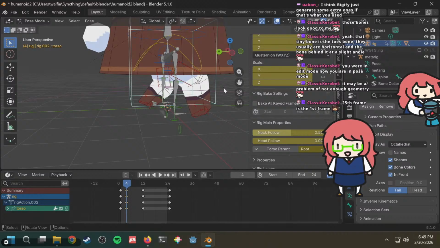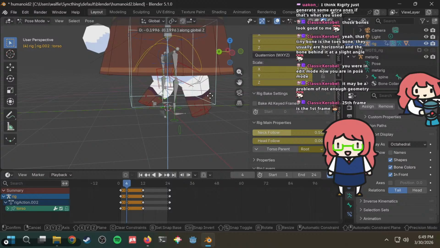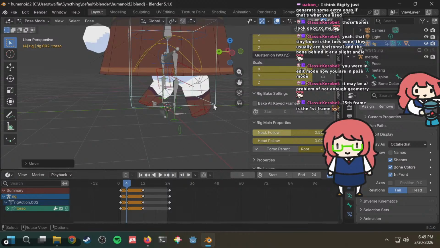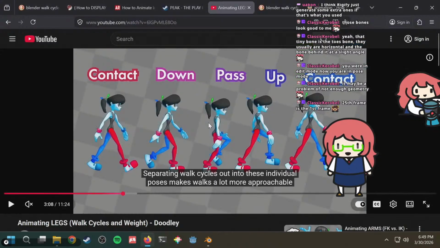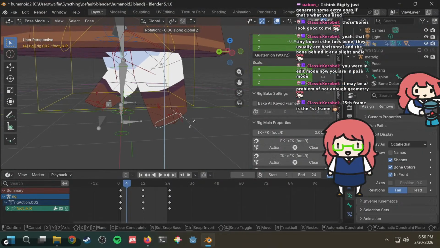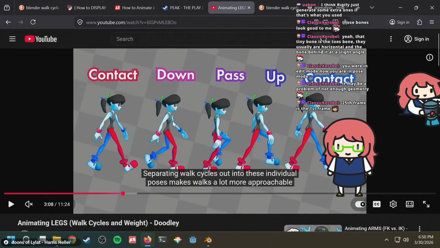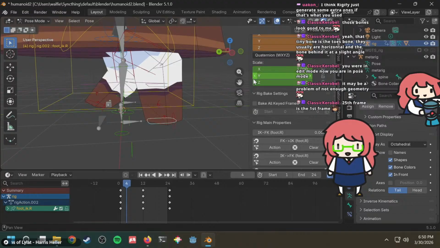Add a frame here, and then you lower it, and then this one is contacted. So you gotta rotate this so that it's 0. You reset this rotation, okay. And now it's touching the ground.